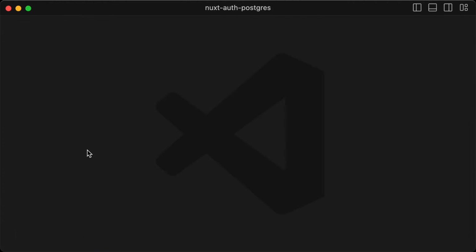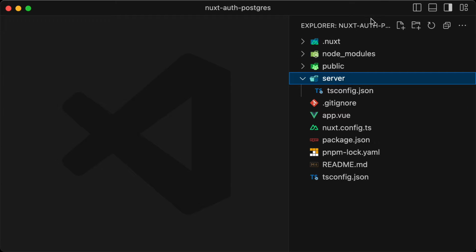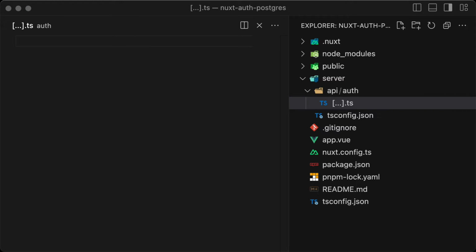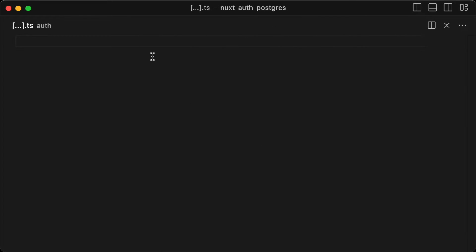Cool. So let's go ahead and start with our authentication endpoint. We're going to create two new directories, API, and then within it auth, and then we're going to create a [...].ts. And so this is going to be our auth endpoint, where we can then do an export default NuxtAuthHandler. Cool. And so where this comes from,